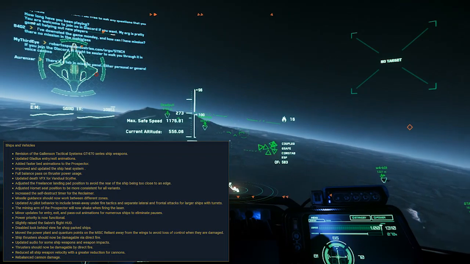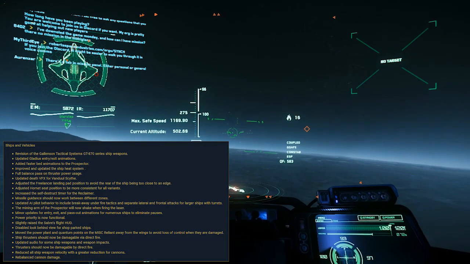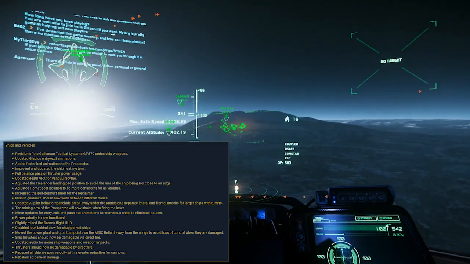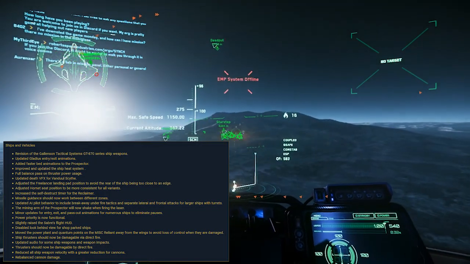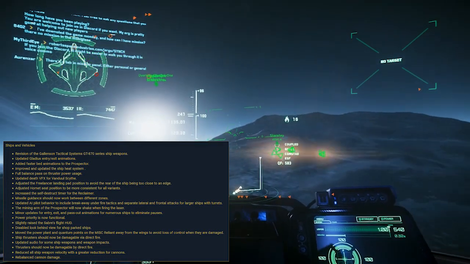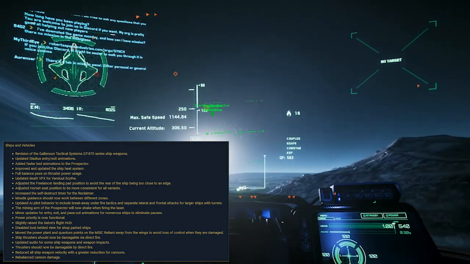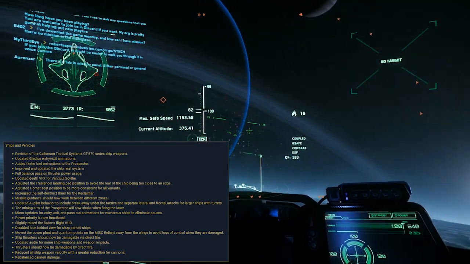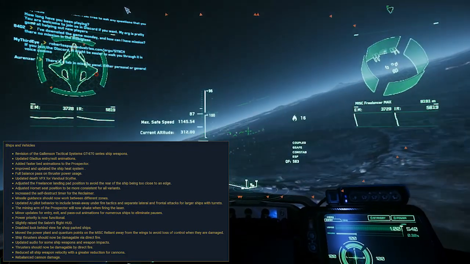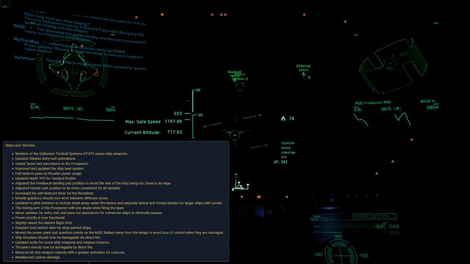Ships and vehicles. Revise of the Galactic GT870 series of ship weapons, updated the Gladius entry-exit animations, added fast bed animation to the Prospector, good idea, improved the update of the ship heat system, fully balanced pass on the thruster per power usage, update VFX for Vandal Scythe, adjusted the Freelancer landing pad position to avoid rear of the ship being too close to an edge, adjusted Hornet seat position to be more constant for all variants, increase the self-destruct timer for the Reclaimer, missile guidance should now work between different zones, updating AI pilot behavior to include breakaway